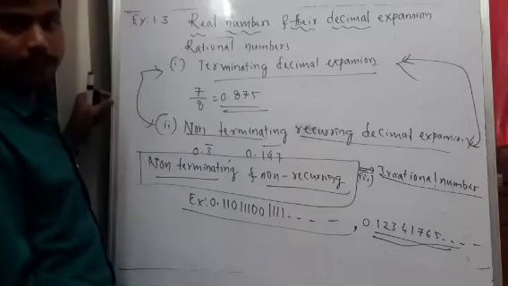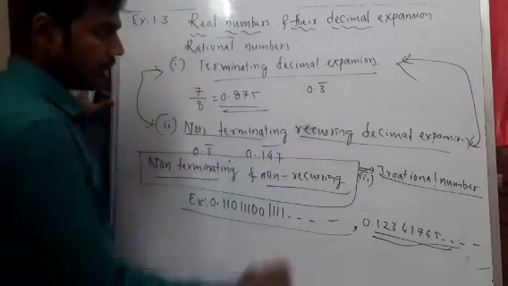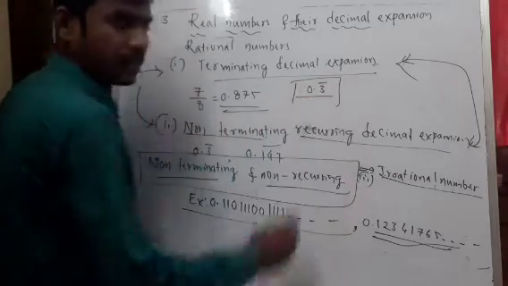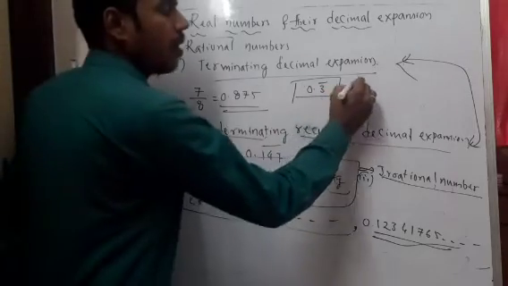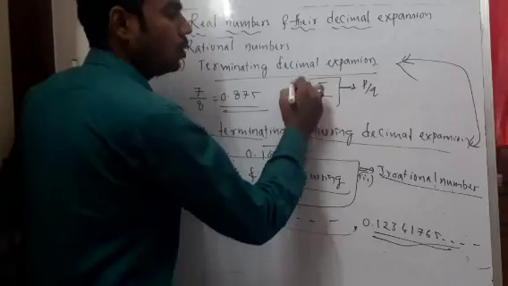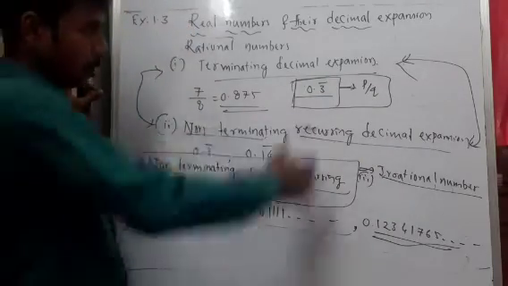We will move on. Suppose this is a terminating decimal number, this is a rational number, okay, a terminating decimal expansion, and we show this in the form of P by Q. How to write this in terms of P by Q, we will go to it later, so please note it down.